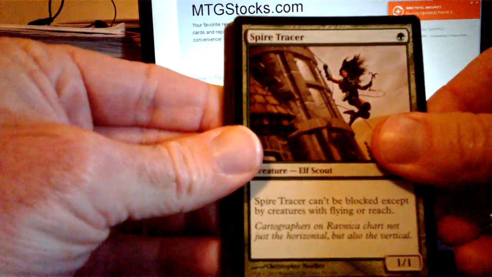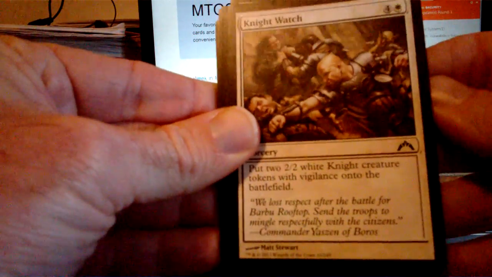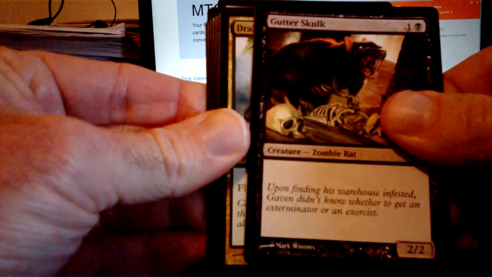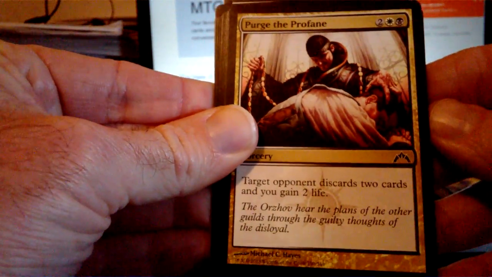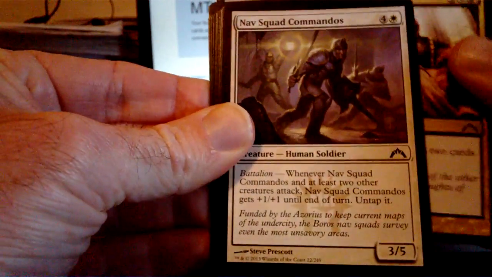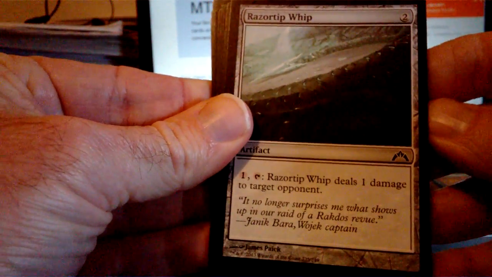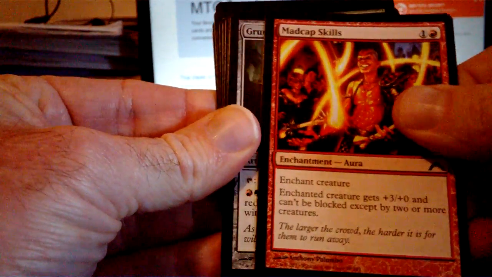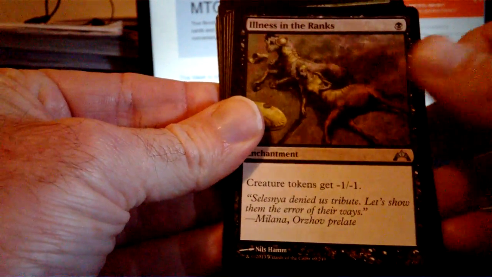Anyway, we've got Spire Tracer, Syndic of Tithes, Night Watch, Gutter Skulk, Drakewing Krasis, Purge the Profane, Nav Squad Commandos, Sage's Row Denizen, Razor Tip Whip, Madcap Skills. First uncommon is Gruul Keyrune,